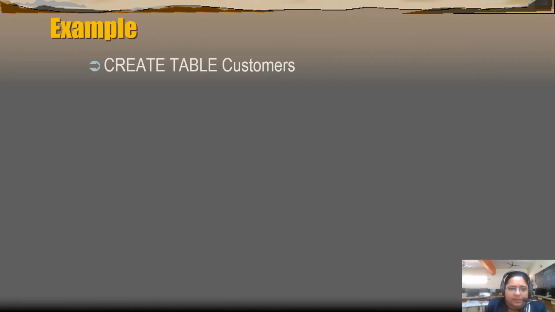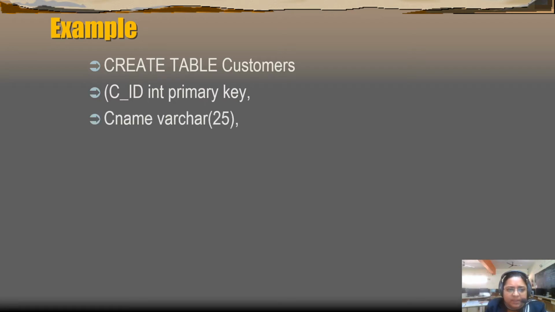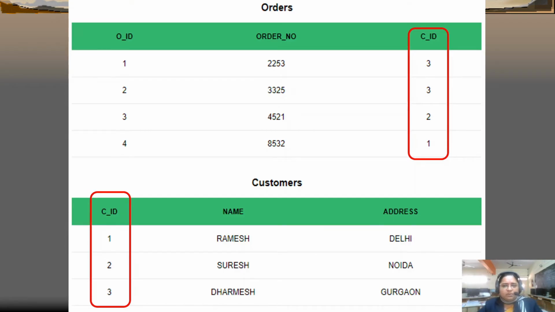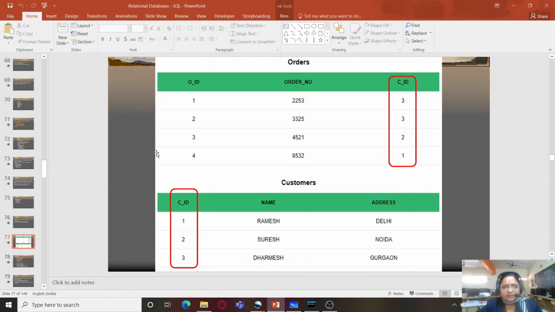Let's see an example. Now we will try to create these two tables only. So let me first copy these two tables.